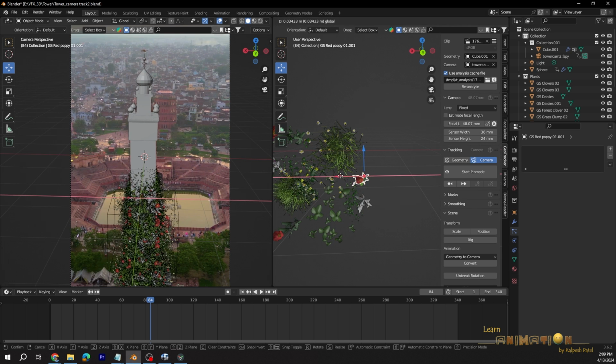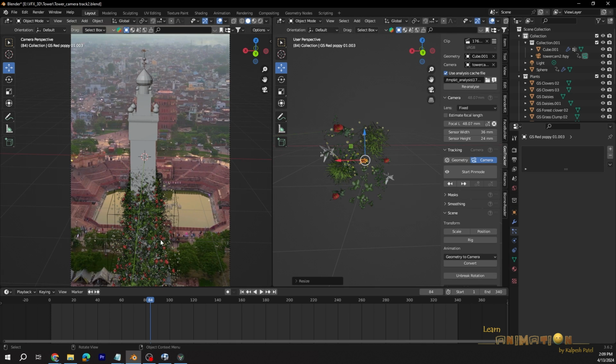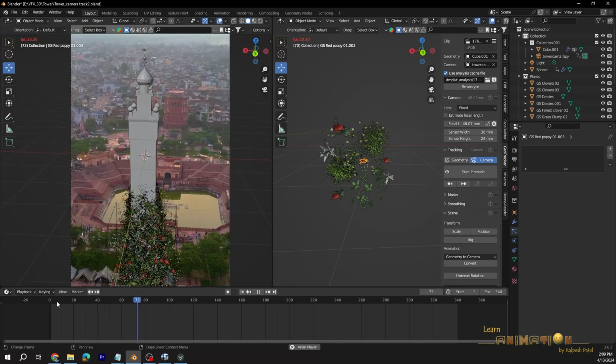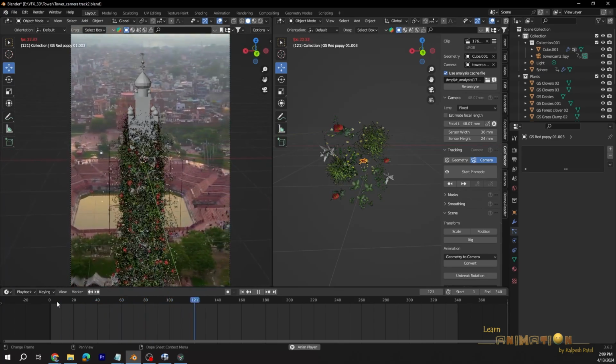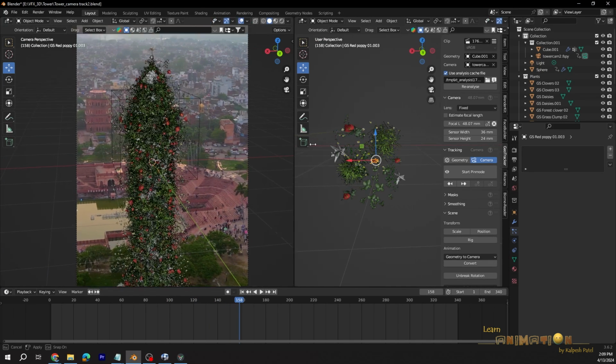And you can just go and duplicate this, scale it up or down so that the effect is equal in our scene. Now you can see this wonderful effect appears on our tower.